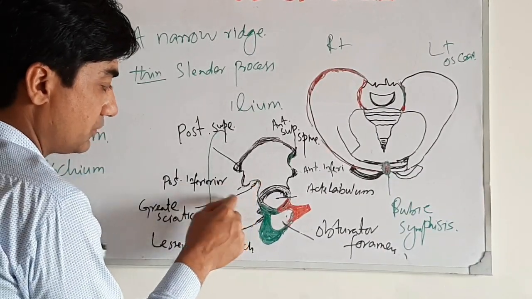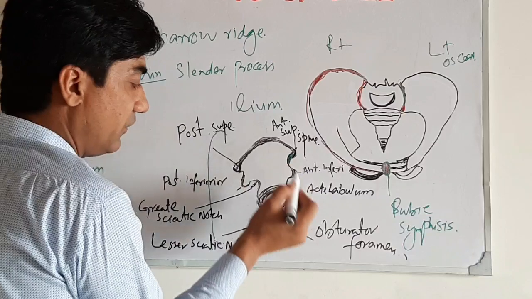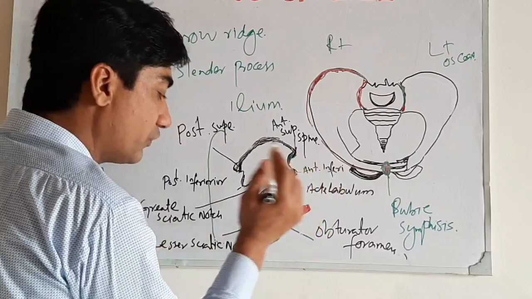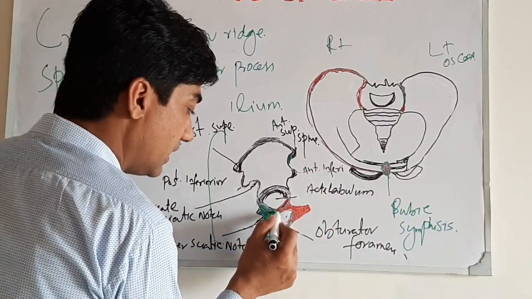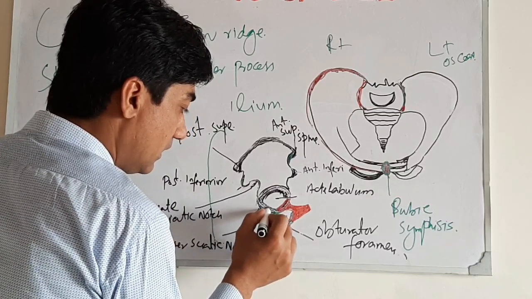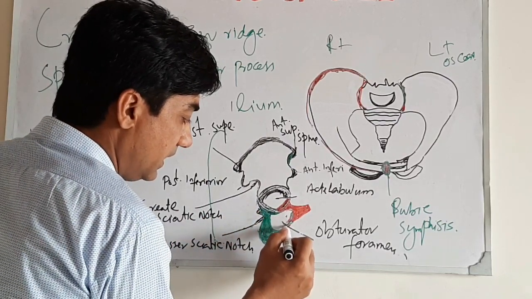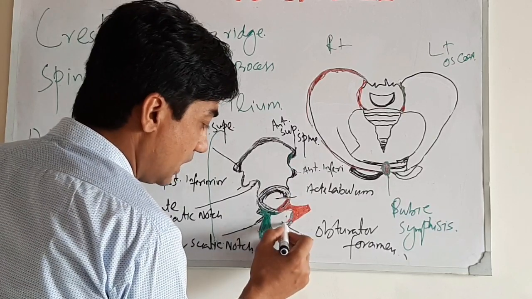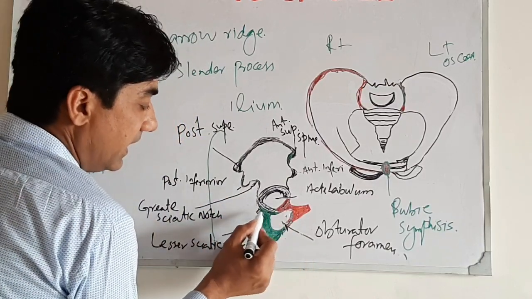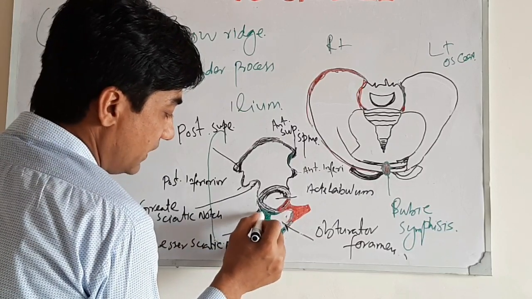Below the sciatic notch, as we have discussed, the iliac bone extends from the iliac crest to the upper part of the acetabulum cavity. The inferior and posterior part of the acetabulum cavity is the extension of the ischium bone, from here to the lower middle portion of the obturator foramen. That is called the ischium bone. And here is another spine, the spine of the ischium.